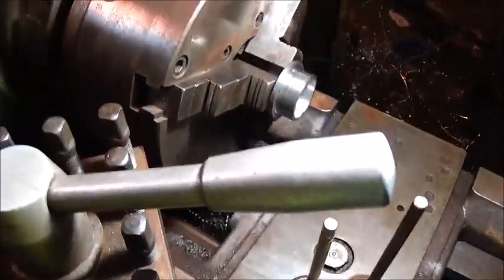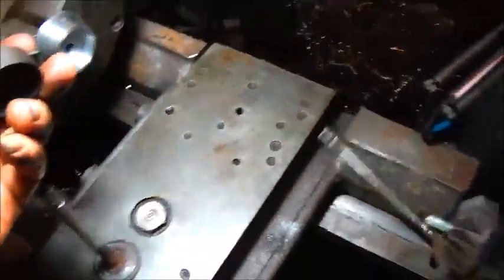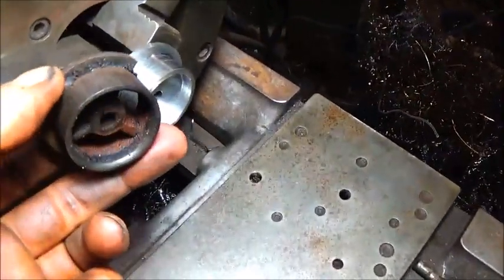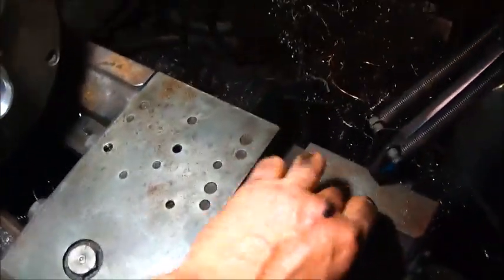Hey folks, Jonathan here. Working on this pocket valve engine. We're making the new pocket valve for it, the insert where it's broke. And anyway,